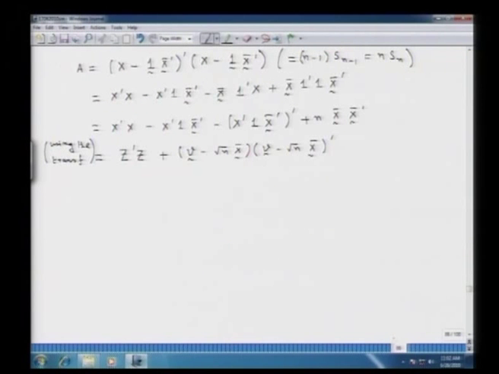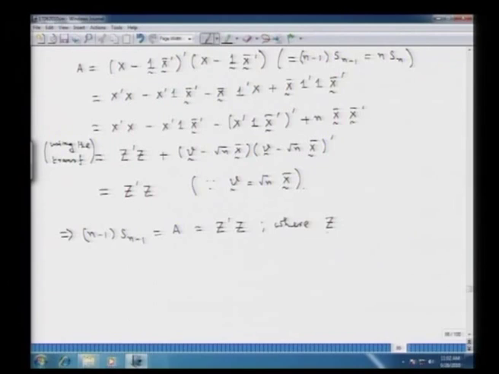So, since v is equal to root n times x bar, this expression vanishes. So, this is just Z prime Z. This is so because V by way of construction is root n times this x bar. So, what we have obtained is that A, which is n minus 1 times S n minus 1, is equal to Z transpose Z, where